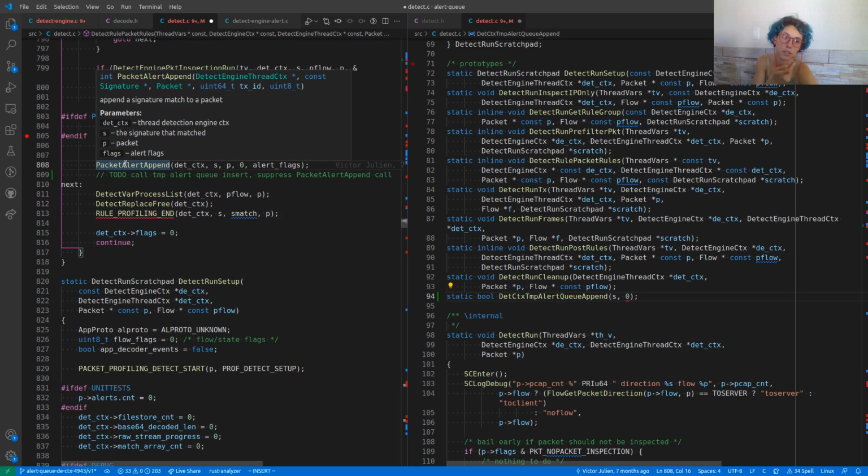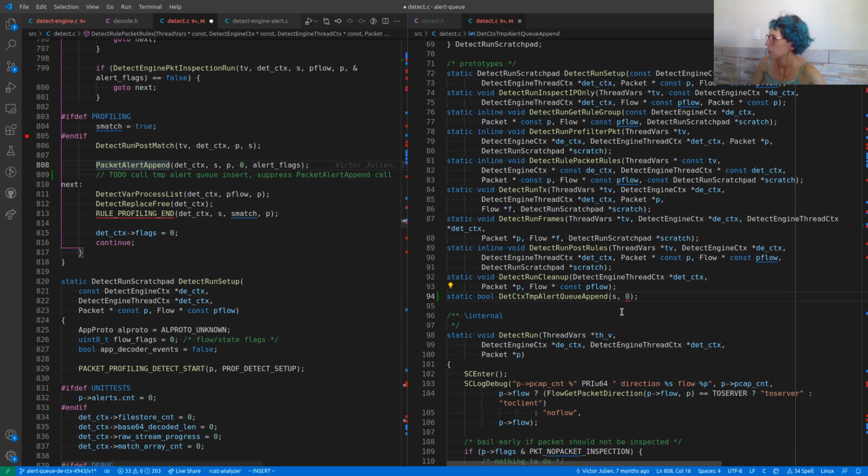But wait, we probably have to pass the packet because we want to set the drop action in case it's a drop. So, all right, let's go with, we don't need the detect engine context, I think.